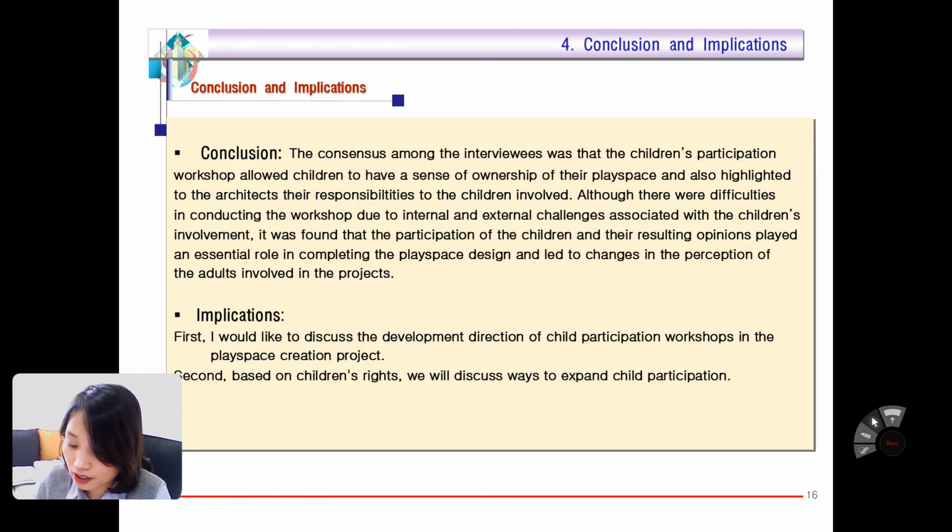Guaranteeing children's participation can be said to be one of the most important and essential activities in terms of